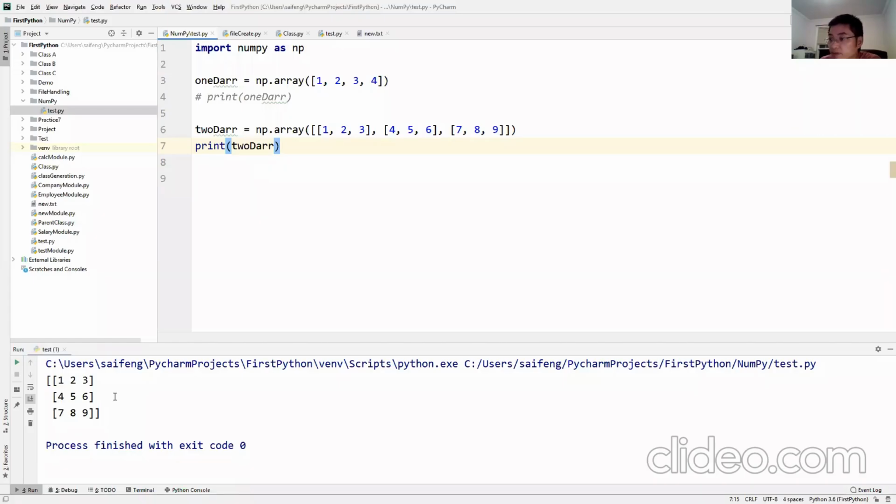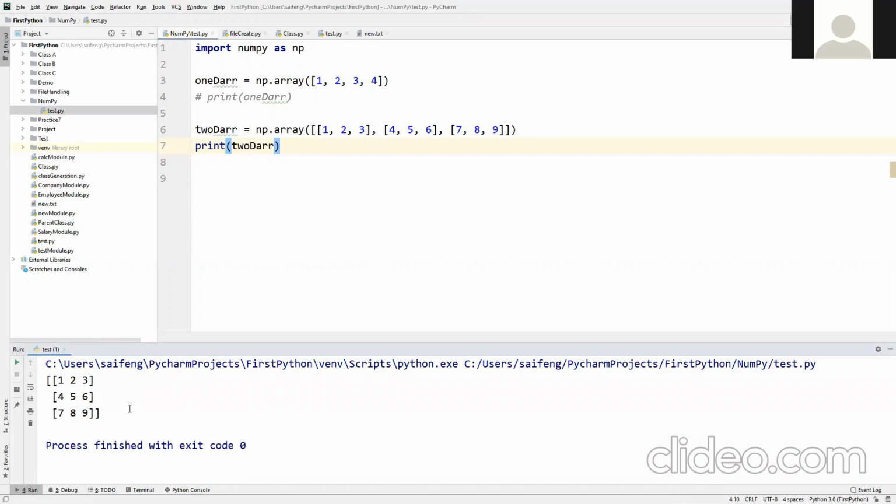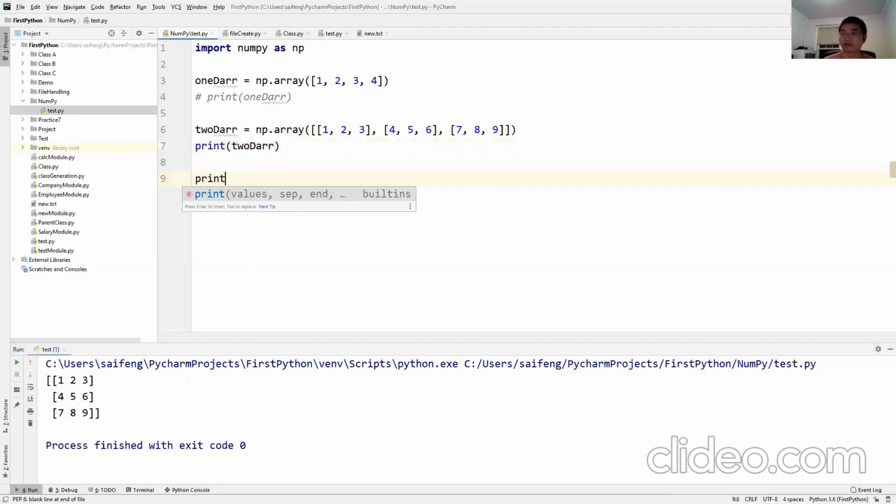Look at here. How many rows do we have here? Victor, how many rows, how many columns do we have here? I think we have 3 rows. 3 rows. How many columns? 3. 3 columns, very good. It's easy, right? 3 rows, 3 columns. Okay, so that is called 2D array. And we're just talking about how we can access the value from the array. So now in this case, print 2D array.